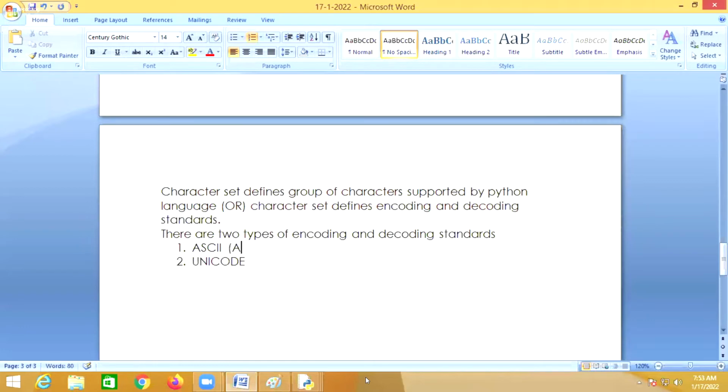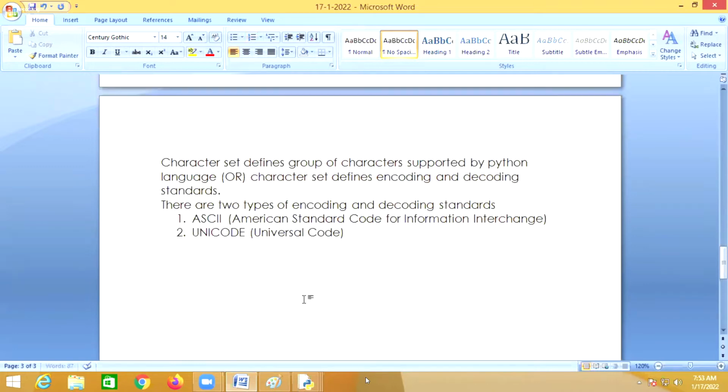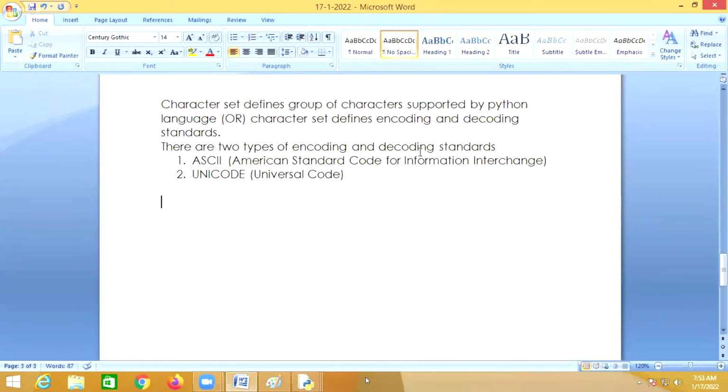ASCII stands for American Standard Code for Information Interchange. Unicode, generally you call it the universal code. So these are called encoding and decoding standards.